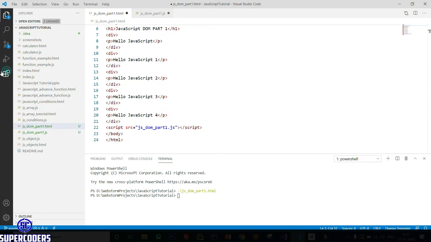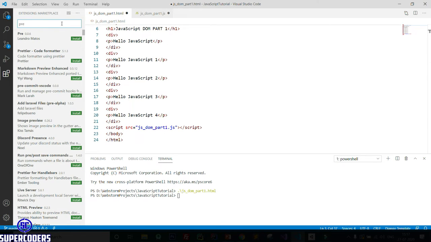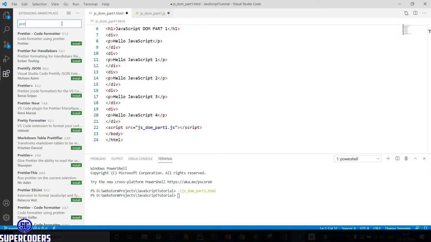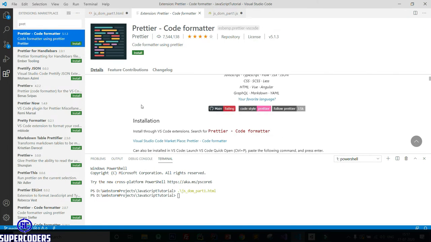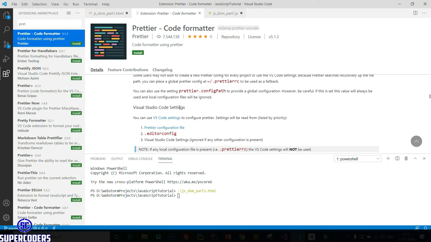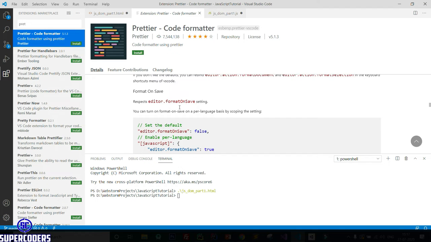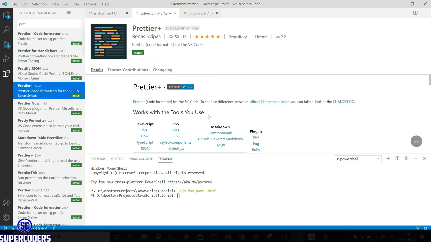So come here in Extensions and search Prettier. Select this and you can see Prettier.